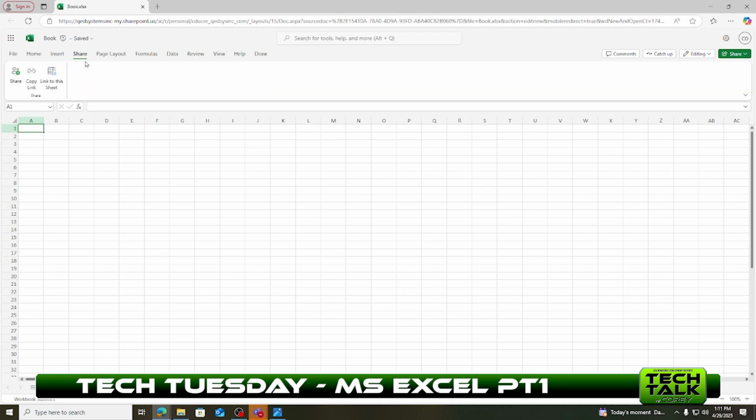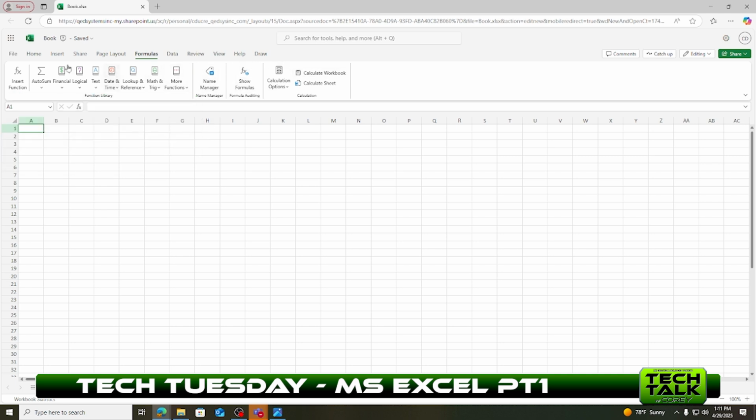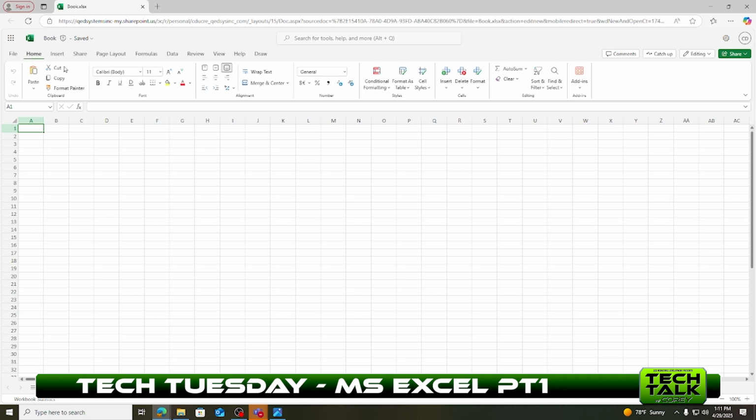You'll be able to share them. You can work with your page layout. Here's some different shortcuts to your formulas. Here's a little helpful tip. It helps you to build your formulas pretty easily and things of that nature. But all of these are going to be a part of your tab. So we're going to navigate back onto our home tab, and we're going to go on to the next section,